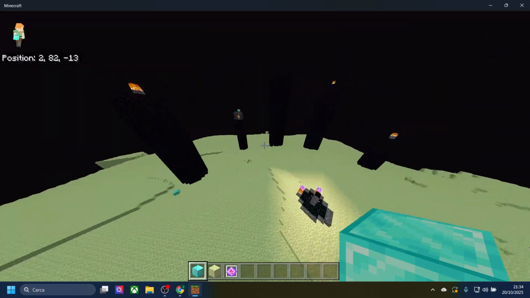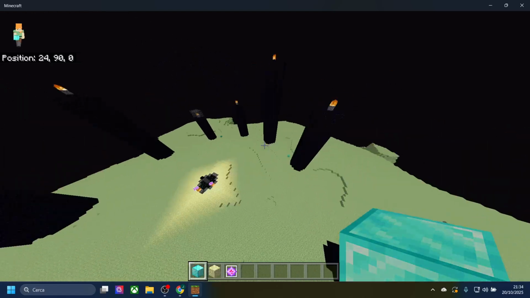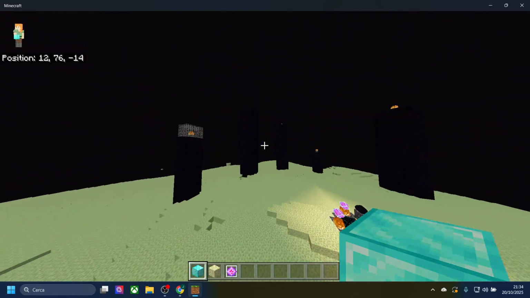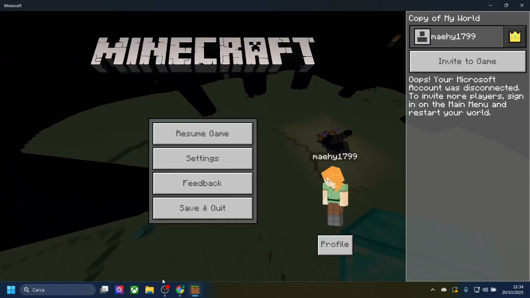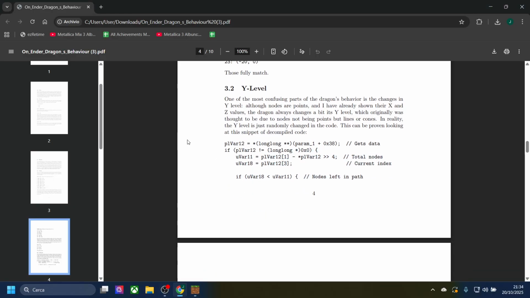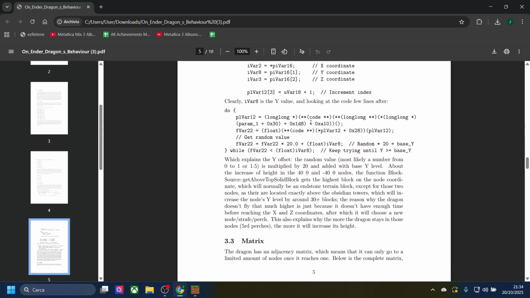However, I haven't talked about the y level, which, if you have some experience with the dragon, you'll see always changes a little. And the reason it changes a little, here is the code. You don't really need this. This is the important part. You have to understand that IVAR 8 is the y coordinate, right? So if you check the code a bit after,